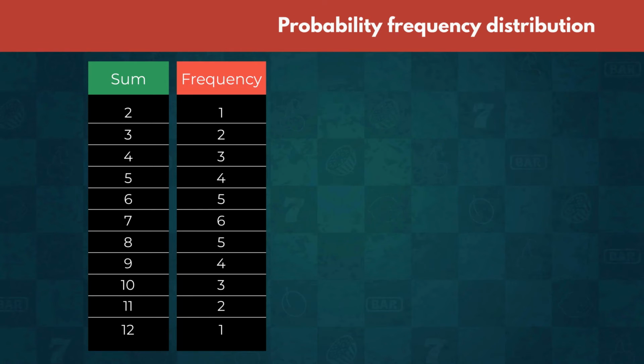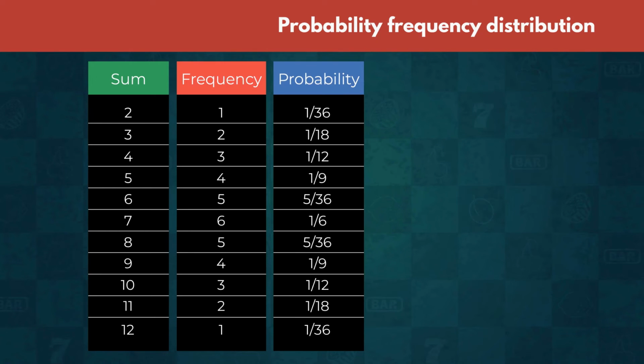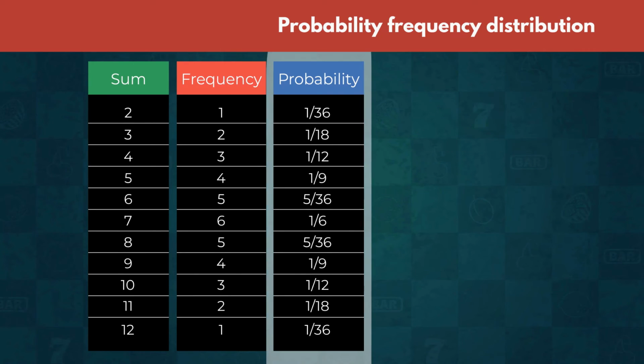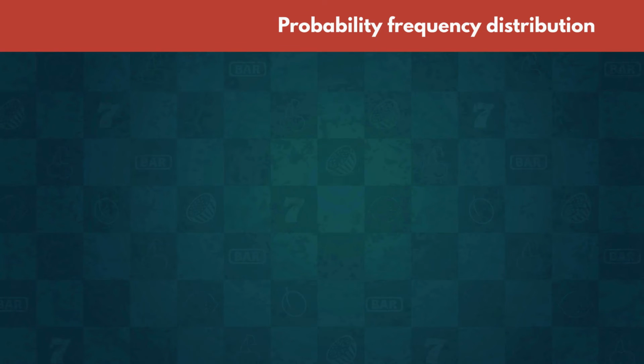Good job. At this point, we've done most of the work. The final step in getting the probability frequency distribution might be the most intuitive one. We need to transform the frequency of each outcome into a probability. Knowing the size of the sample space, we can determine the true probabilities for each outcome. We simply divide the frequency for each possible outcome by the size of the sample space. A collection of all the probabilities for the various outcomes is called a probability frequency distribution. As mentioned earlier, we can express this probability frequency distribution through a table or a graph.